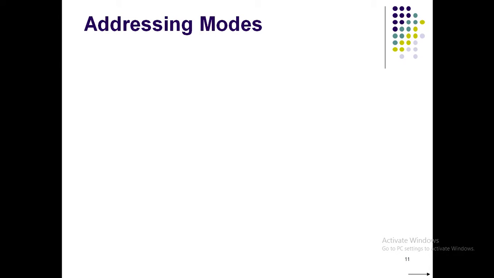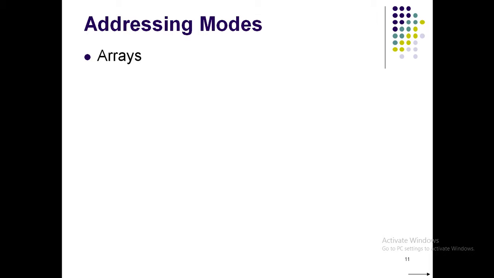Today's class is very important because here we will be discussing the next type of addressing mode, which is called the indexed addressing mode. This is another part of indirect addressing mode. Here we speak of arrays. In the previous class we spoke of pointers; today we'll speak of arrays.